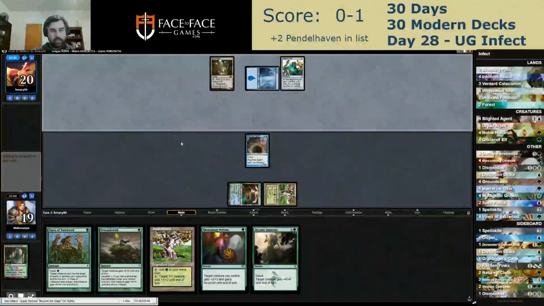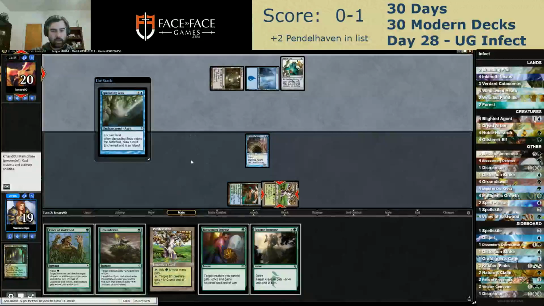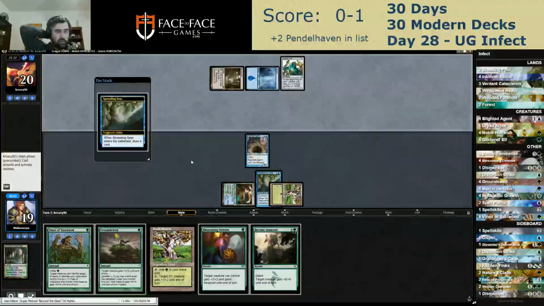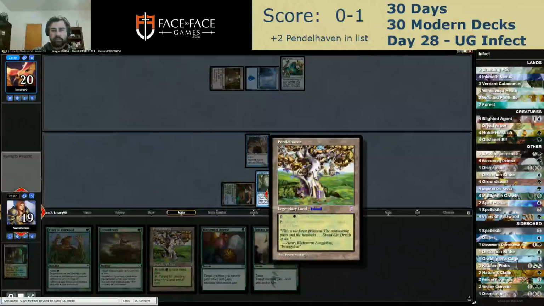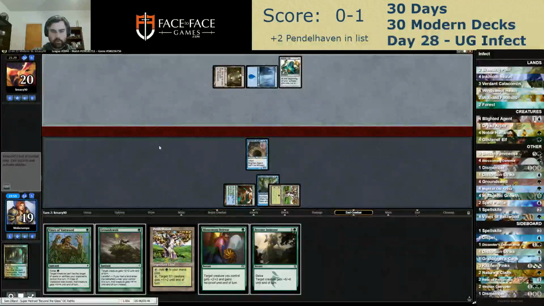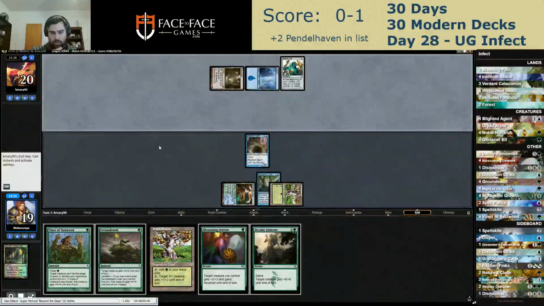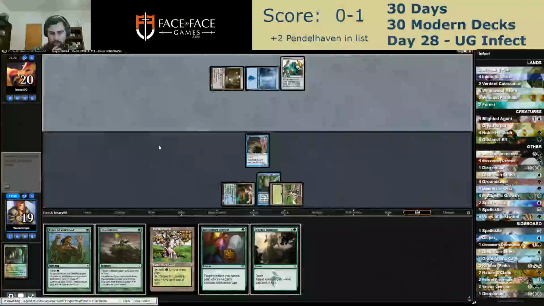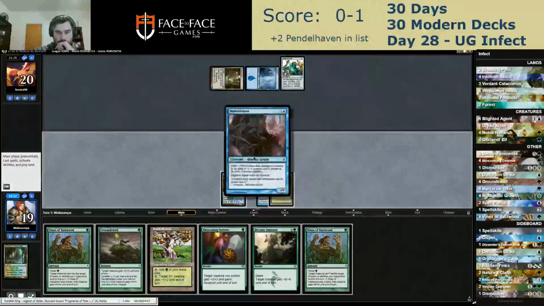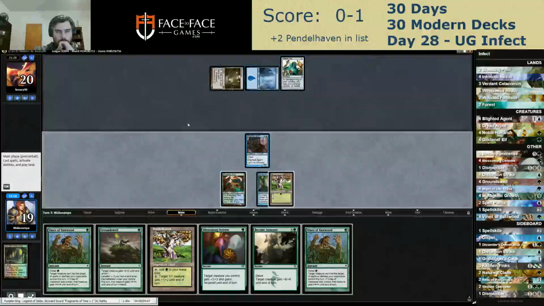Okay, what is this? Spreading Seas? Okay. So, Corruptor would be fine. The fact that the Pendelhaven becomes an island is actually kind of frustrating here, because I can't really use it for mana, unless I become immense. But I don't see how this is going to work. Okay, I think I have to kill over 2 turns. Since I have to kill over 2 turns...